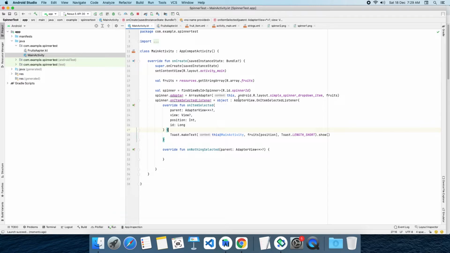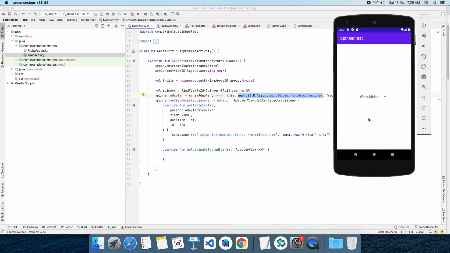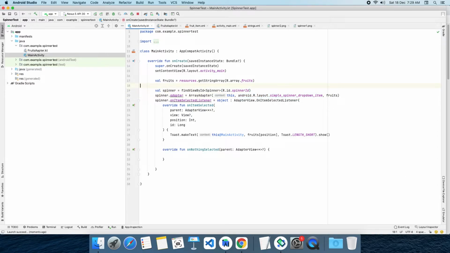Now see, we are using this layout to render one item. So every item is rendered using this spinner layout item. Now, if you want to change it or give a custom layout for every item, what we have to do? That we can do using our custom adapter. So create your custom array adapter. Okay, I have created a fruit adapter